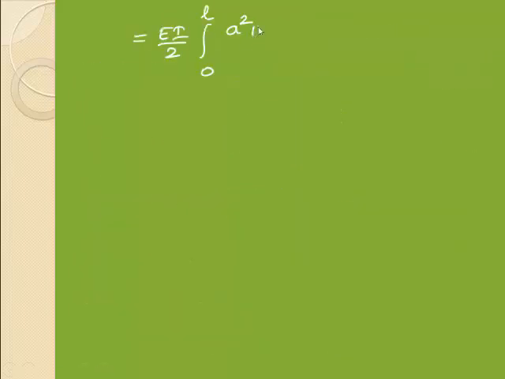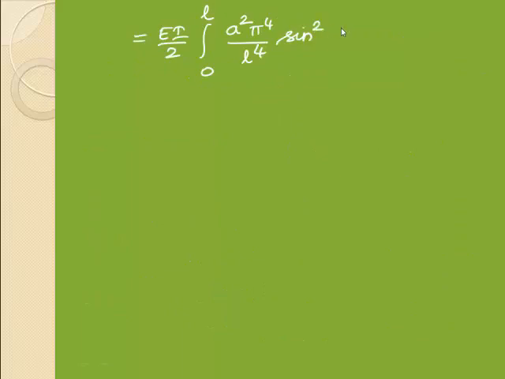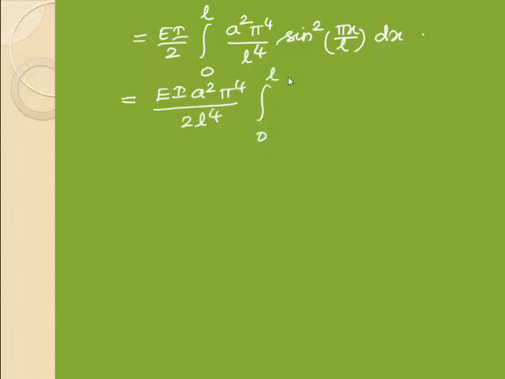A square pi power 4 divided by L power 4 sin square pi x by L dx. So the constant terms can be taken out. So EI a square pi power 4 divided by 2 L power 4 integral 0 to L